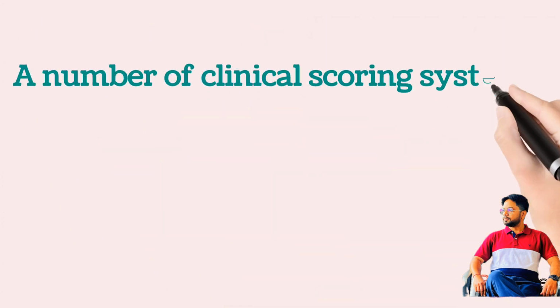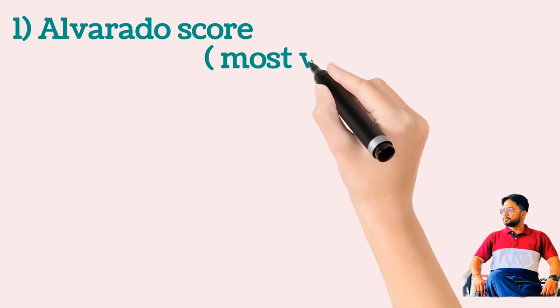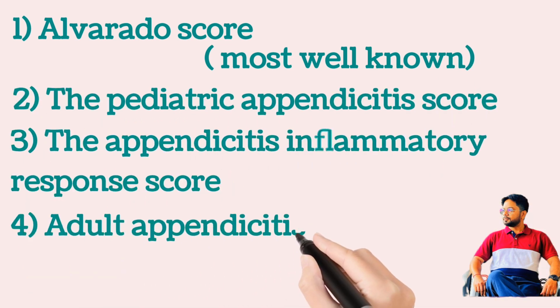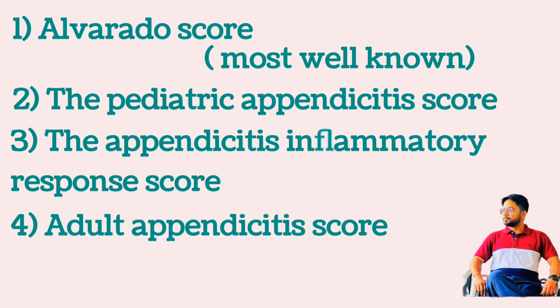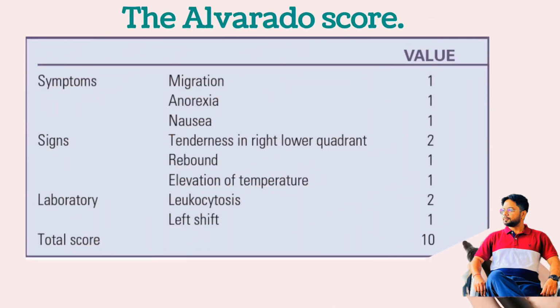For this reason, a number of clinical scoring systems have been developed to serve as predictive models for appendicitis. These include the Alvarado score, which is the best known, and the others are the pediatric appendicitis score, appendicitis inflammatory response score, and the adult appendicitis score. The Alvarado score includes 8 clinical and laboratory variables used to assign a numerical score: symptoms like migration, anorexia, nausea; signs like tenderness in the right lower quadrant, rebound, elevation of temperature; and laboratory tests including